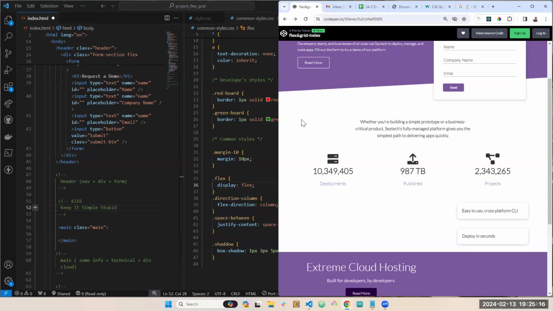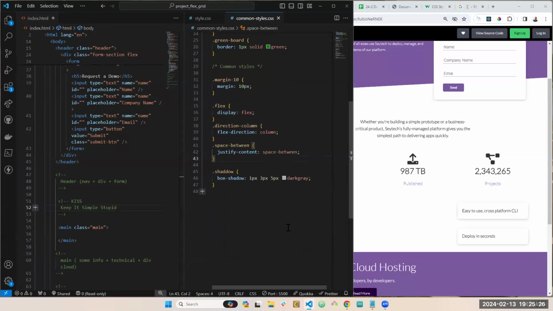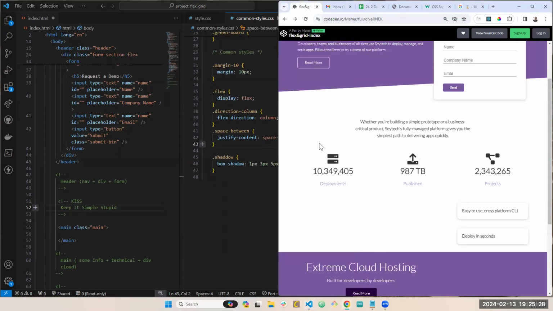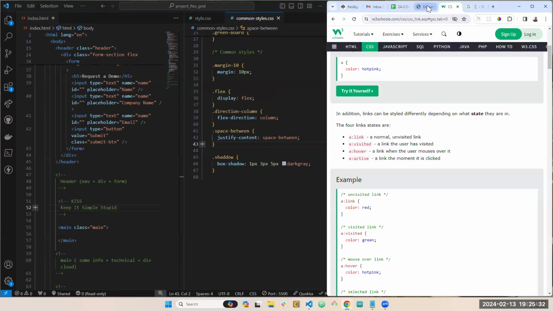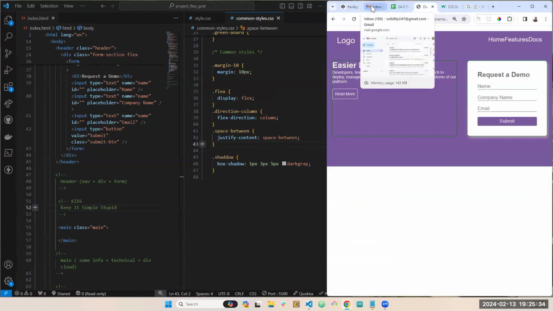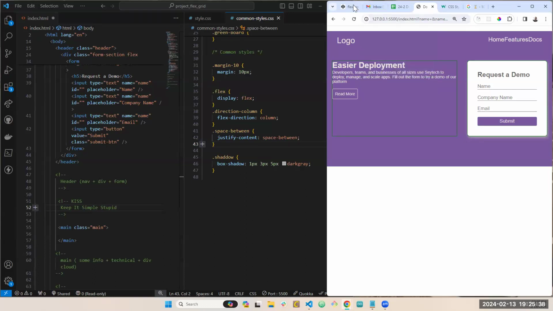But grid is not more simple. But I would like to use it just in case in the scope of our practicing, because grid is kind of more complex stuff, complex topics. So let's use it. If following the KISS principles, I would use Flex for that. Okay. Well, main,